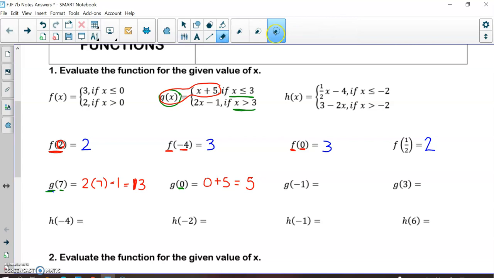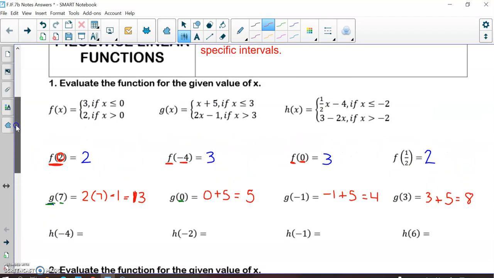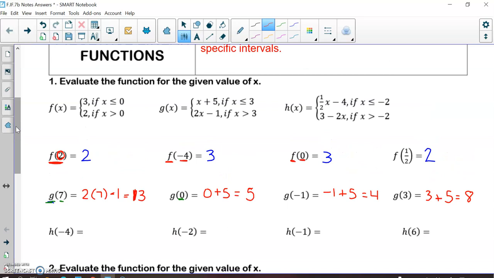So I'm going to have you now try the g of negative 1 and the g of 3 on your own by pausing the video. All right, here are your values for g of negative 1 and g of 3. Moving on, we're now going to do the h of x function. And I want to do